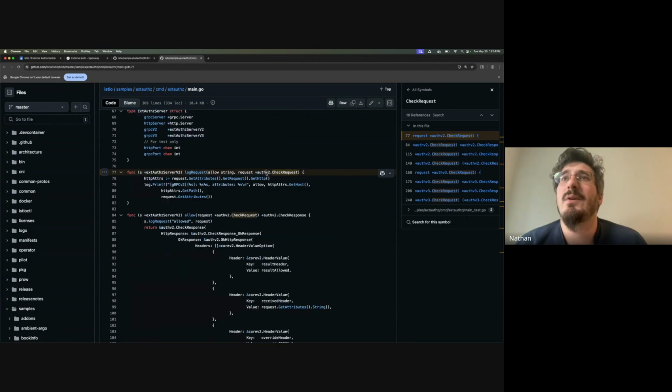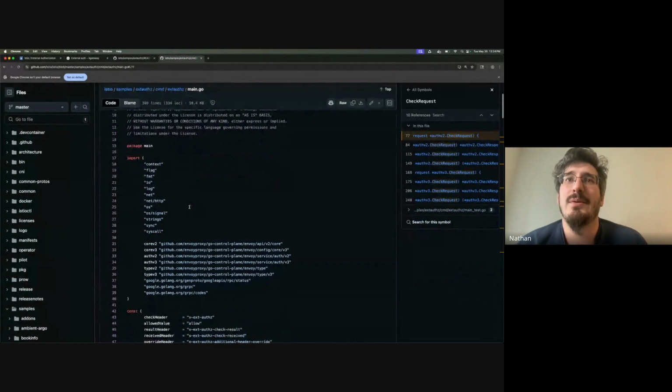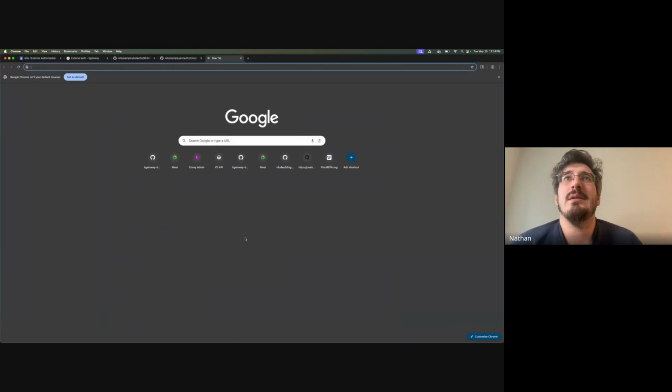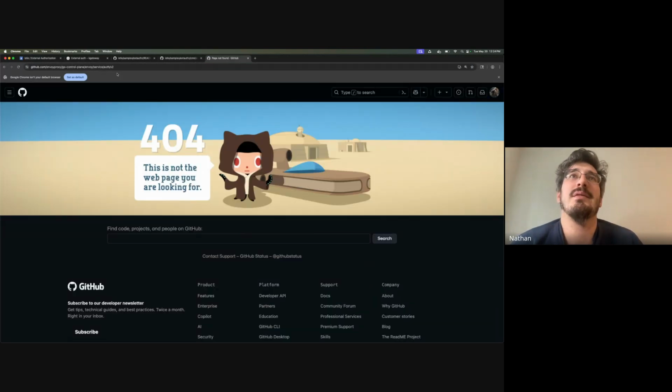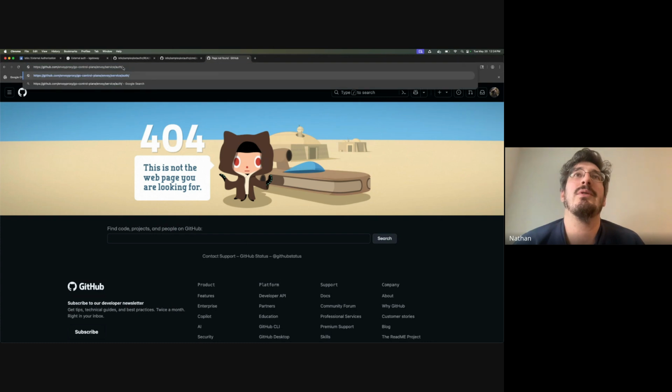And if we follow the import of auth v2, we can see exactly what's in that. Now we're getting into more implementation-specific stuff, so stop me if it gets too off the rails here,